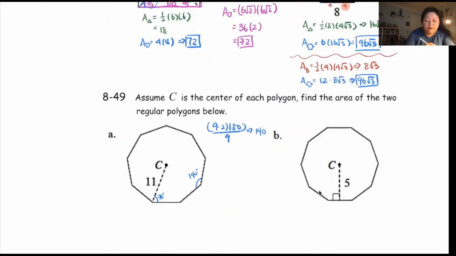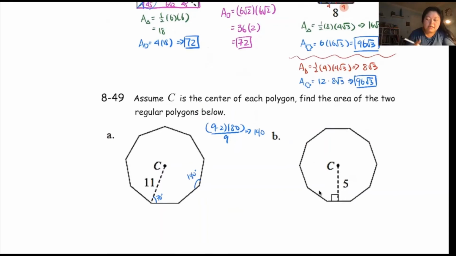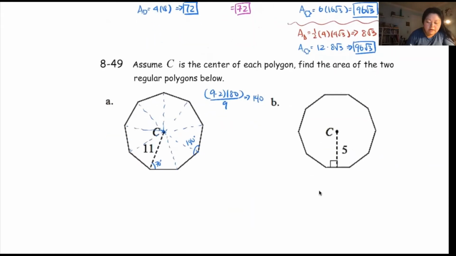Okay, so why is that important? Because then I can do the same thing as I did before. I can cut this nonagon, this 9-sided, into how many triangles? 1, 2, 3, 4, 5, 6, 7, 8, and 9. Cut into 9 triangles. But in order to figure out the area of that triangle, I'm looking at this triangle